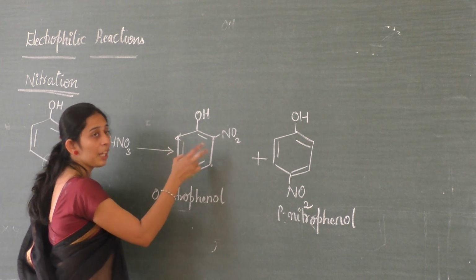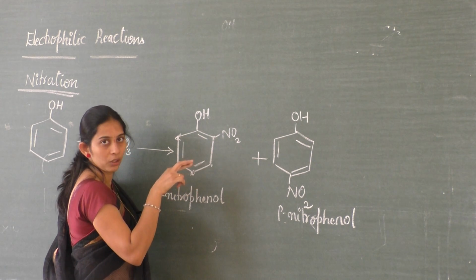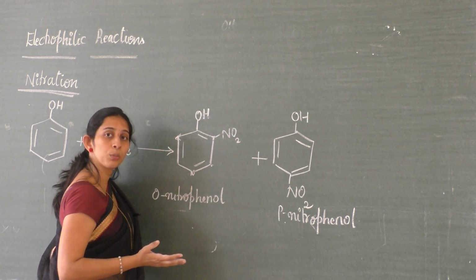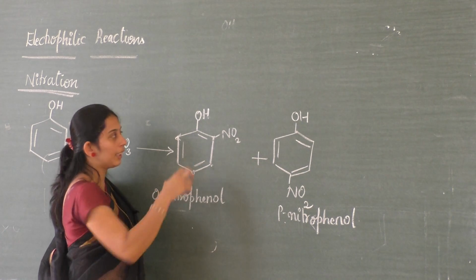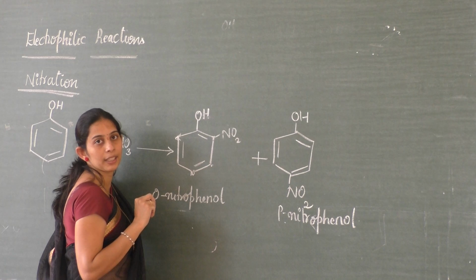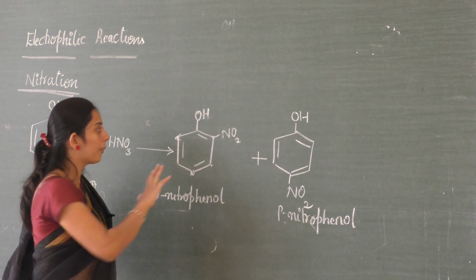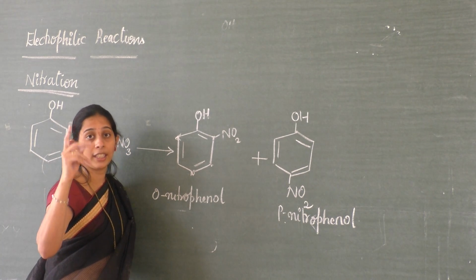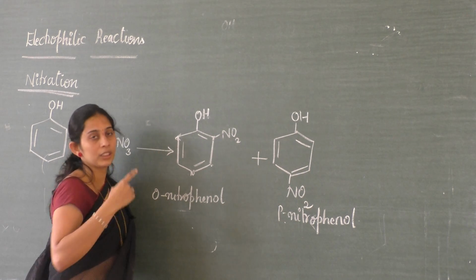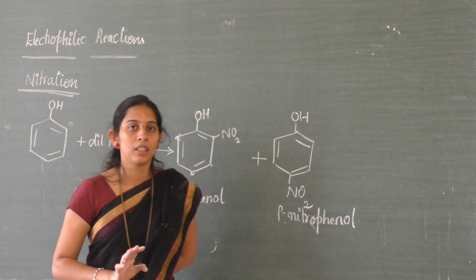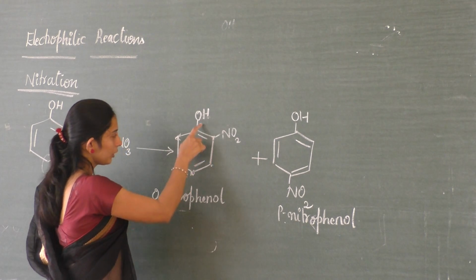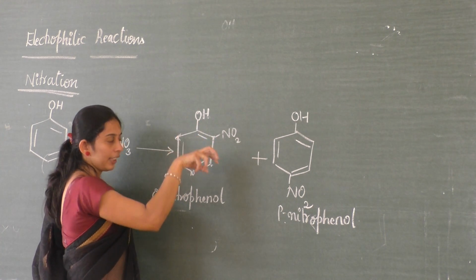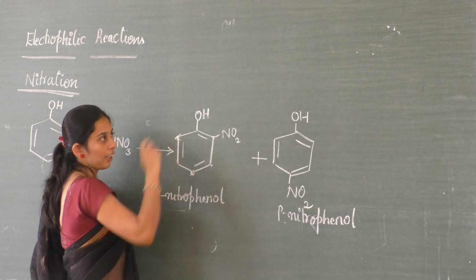Because of the intramolecular, intra means within the molecule, bond being present, it becomes more volatile, immediately volatile. Within the molecule hydrogen bonding is present. What is meant by hydrogen bond? You should remember all these concepts which we discussed last year. Hydrogen bonding, intermolecular, intramolecular, resonance structures, all those we studied in the first year. So these are continuation parts. Intramolecular hydrogen bond means within the molecule itself bonding is present.